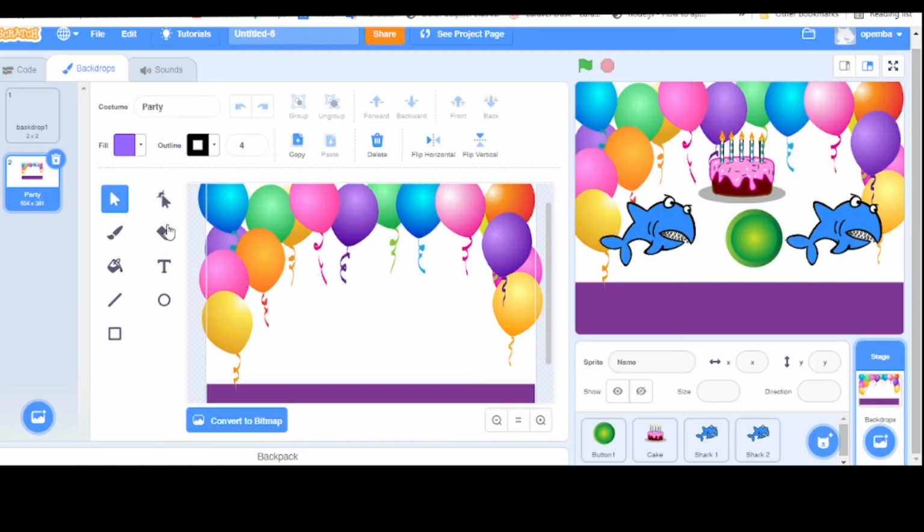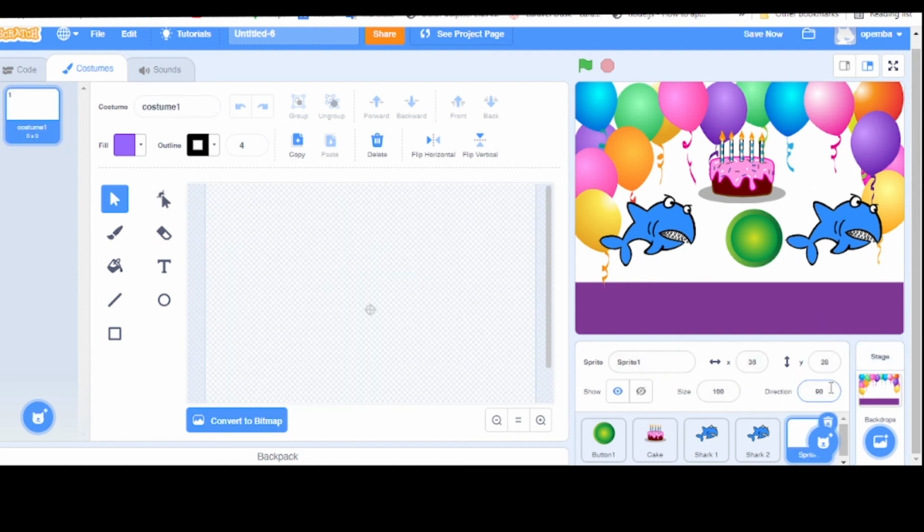Let me go this other way. Now we go to the sprite section, and then there is paint. Just follow up with me. I will give you time to design or to paint your own sprite. I go to the paint. Once I go to the paint, there is a very smart board that is very blank, where we are going to be able to create our